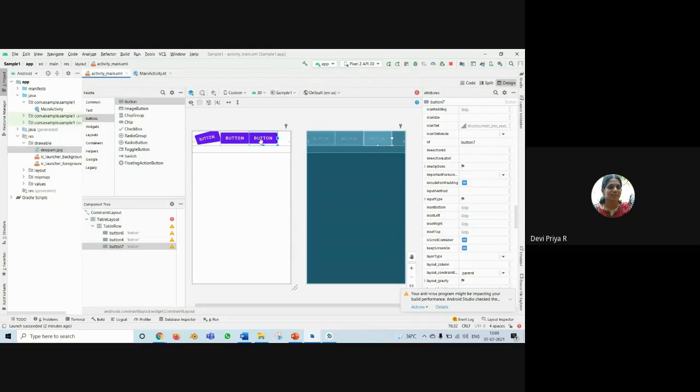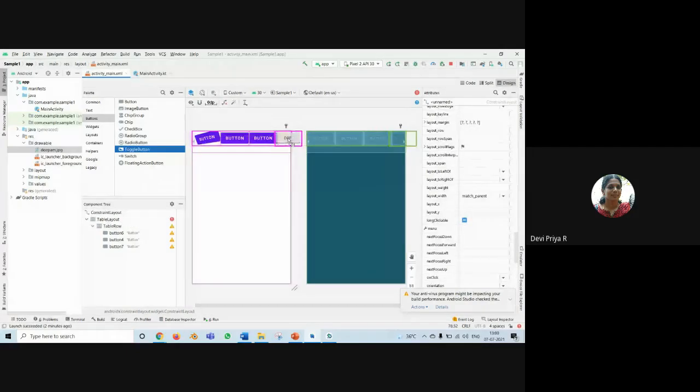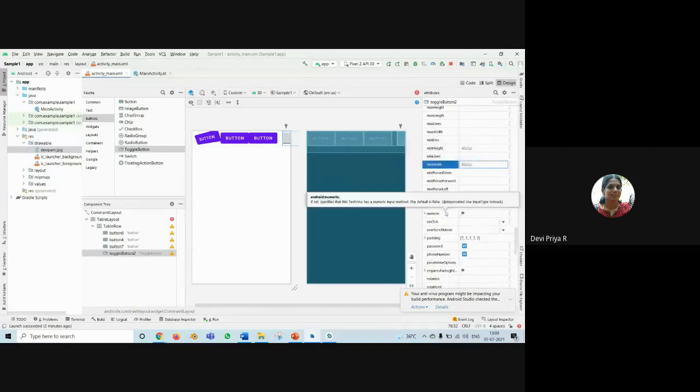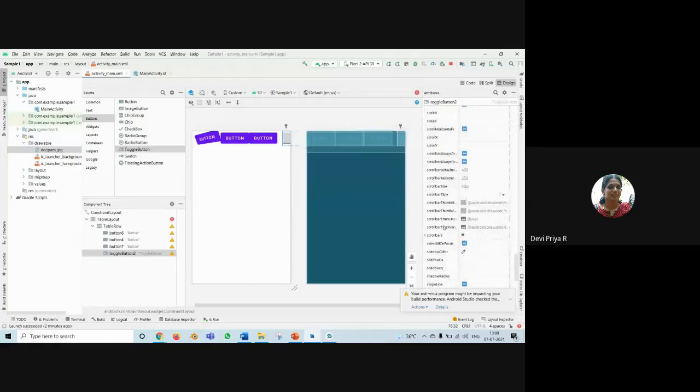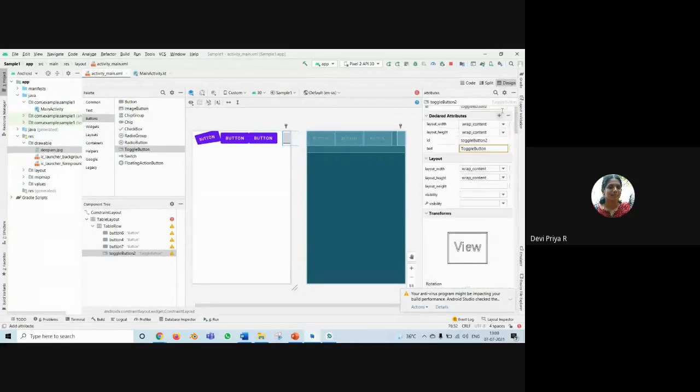For example, if it is a button, you can fix the size here. And if you are adding another toggle button, it will be a little bit lesser. So you can adjust size, and for this you are setting minimum height is this, minimum width is this, and if you adjust this, automatically the entire size will be changed. Okay, thank you, ma'am. Okay, ma'am.